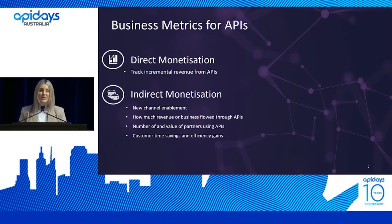Which brings us to indirect monetization. And there's nothing wrong with indirect monetization. It can be equally as valuable, but you need the business metrics in order to show this. So what are the options? You can track the new channel enablement that your APIs has brought to your business. You can track the revenue or the transactions that have flowed through your APIs. You can also look at the number of partners using your API and the value of those partners to your